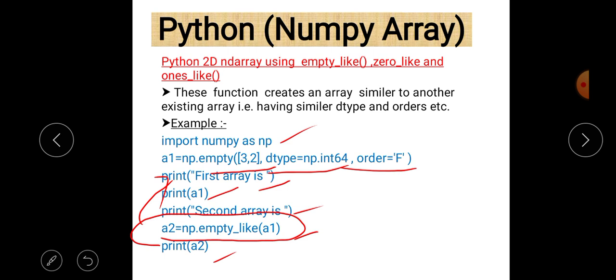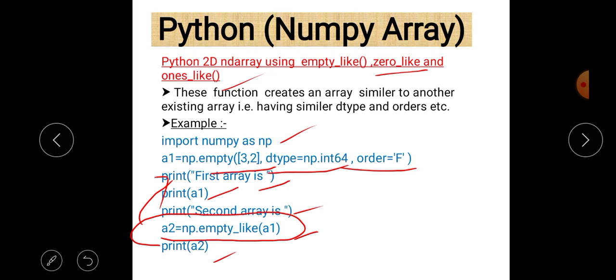The same concept applies to zeros_like and ones_like, but the only difference between zeros_like, ones_like and empty_like is that in zeros_like and ones_like, first of all you have to create a two-dimensional array using the zeros function or ones function, and then if you want to make a copy of it, you can use zeros_like and ones_like.